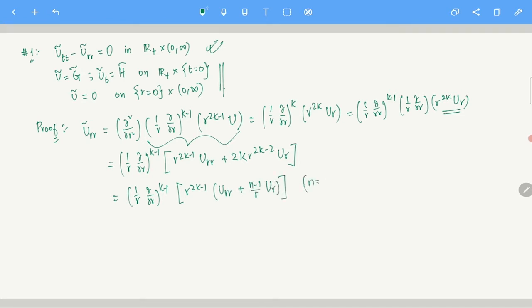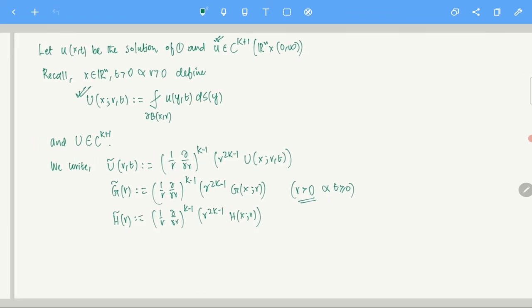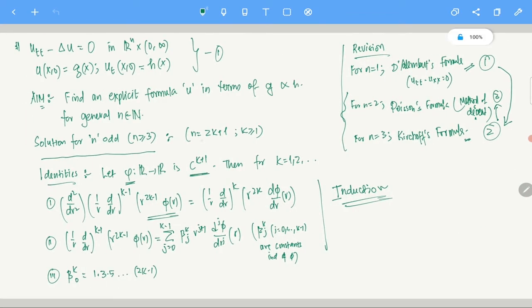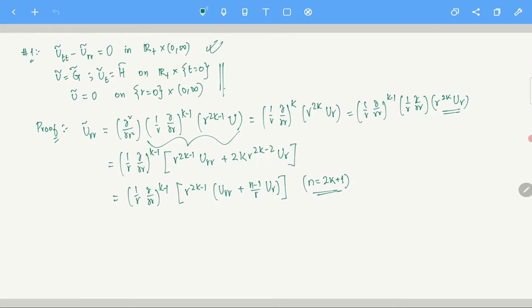This is for n equals 2k plus 1. I can just write it down, right? In this k, you just replace 2k with n minus 1. Why do I need to replace this? Of course, we are assuming that this is for the odd case. You remember n is 2k plus 1. In the initial case I wrote it here, n equals 2k plus 1. So basically for 3, 5, 7, all that sort of thing. So you just replace 2k with this and you have this.